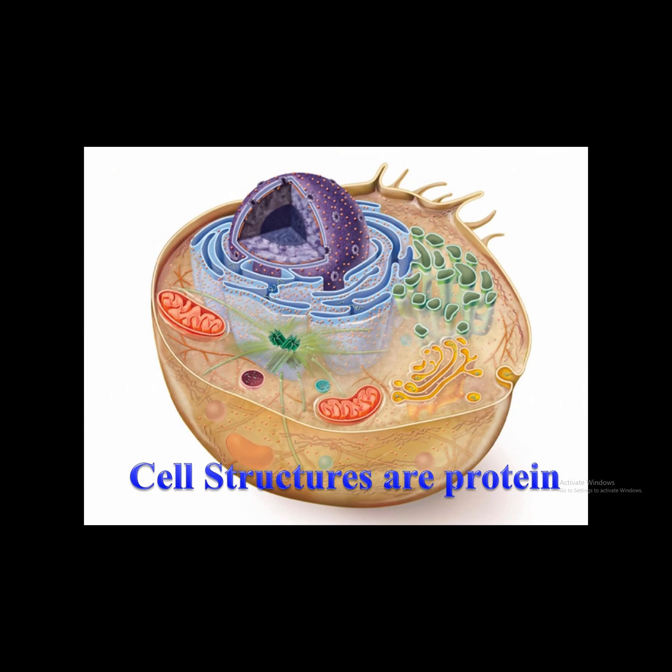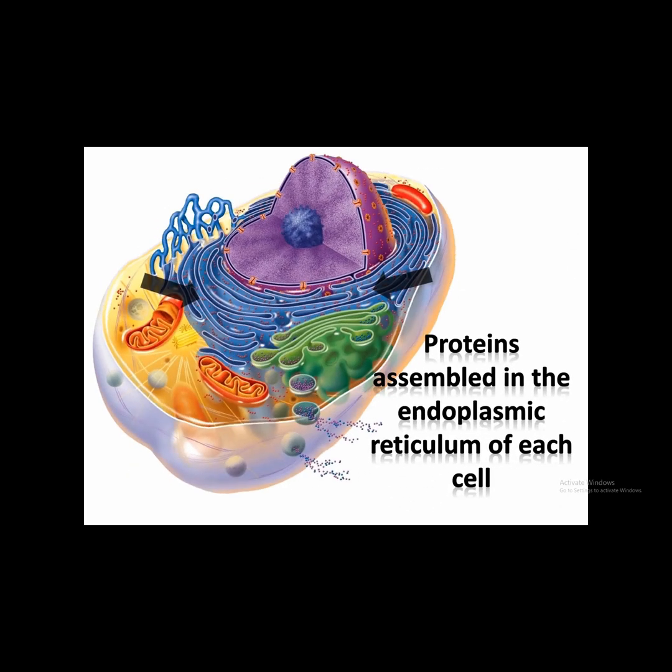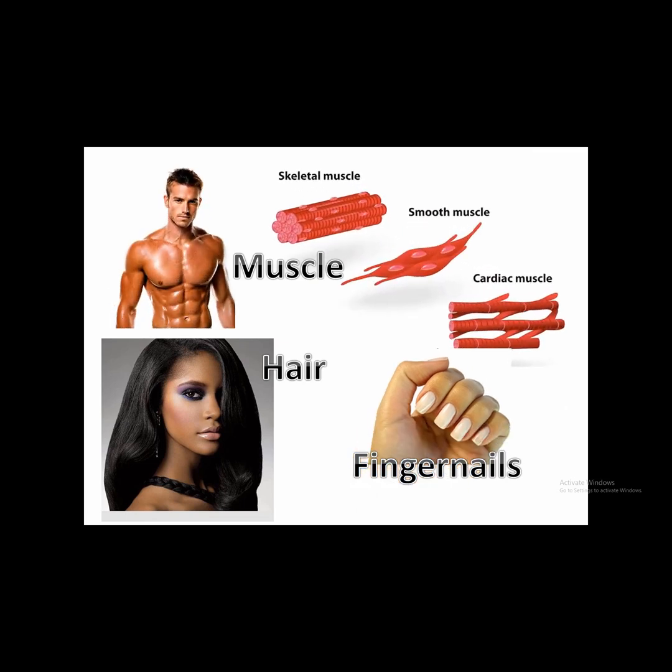Our bodies are comprised of cells, and cells are made up, at least in part, of proteins and amino acids. The proteins that are constructed in cells are assembled in a protein factory within the cell called the endoplasmic reticulum. The endoplasmic reticulum is just like a large workbench, and upon the surface there are ribosomes and other components that are needed to build proteins. Muscle, hair, and fingernails are all examples of parts of our body that are almost completely protein.